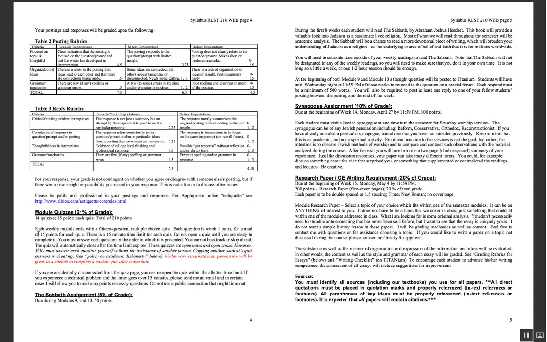Now, the module quizzes. This is where a lot of students slide, is that they have a hard time with the quizzes, but if you put forth the effort and the time, you will be able to do well in the quizzes. Everything from the quizzes will come from the readings or the lectures, and just to give you a little bit of a hint, I usually do a little bit more heavy from the lecture. All right?